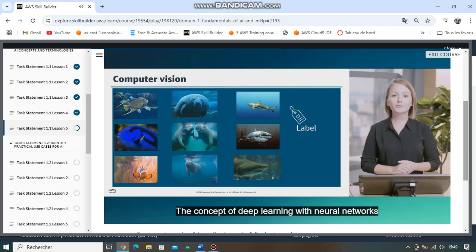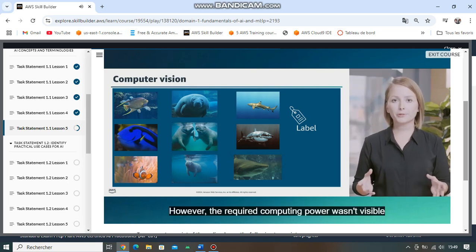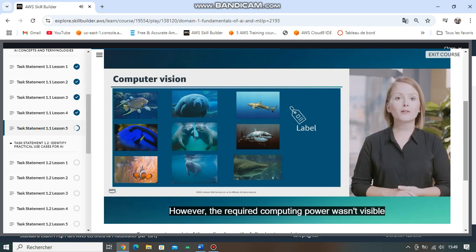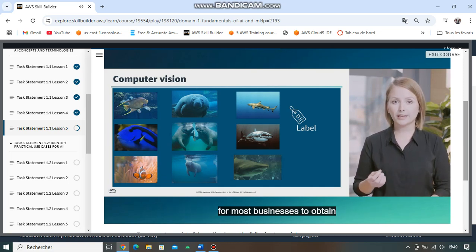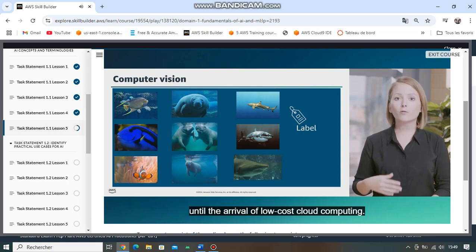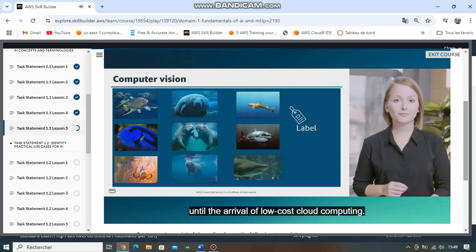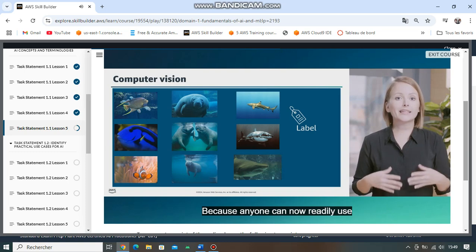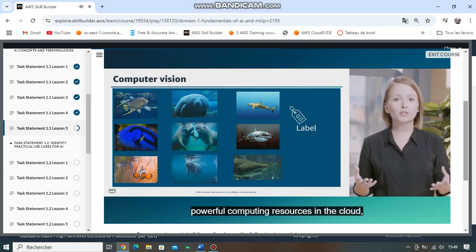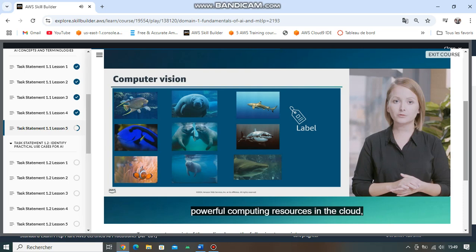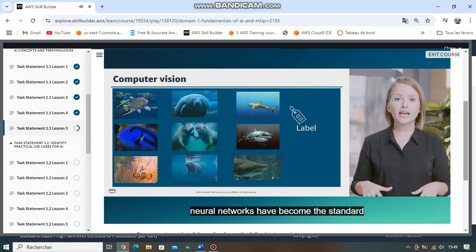The concept of deep learning with neural networks has existed for some time. However, the required computing power wasn't feasible for most businesses to obtain until the arrival of low-cost cloud computing. Because anyone can now readily use powerful computing resources in the cloud, neural networks have become the standard algorithmic approach